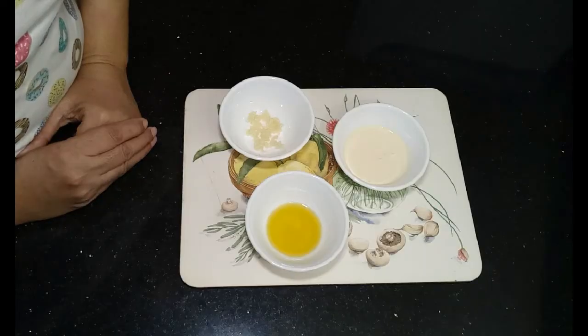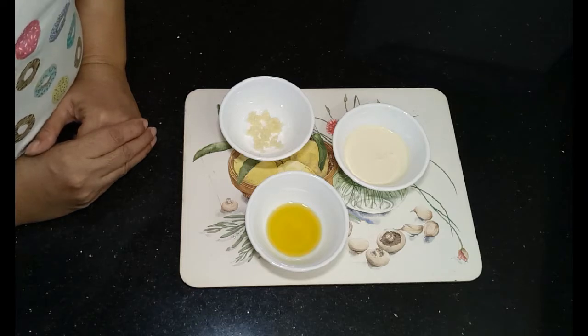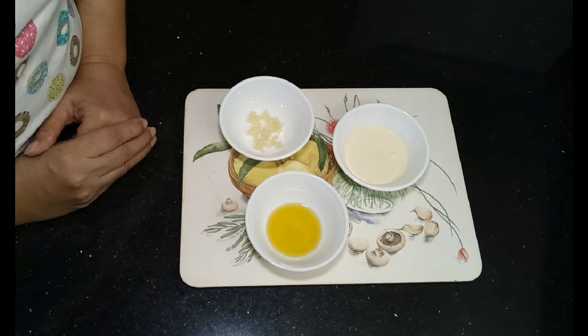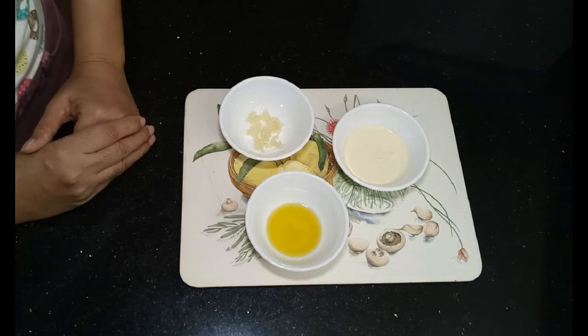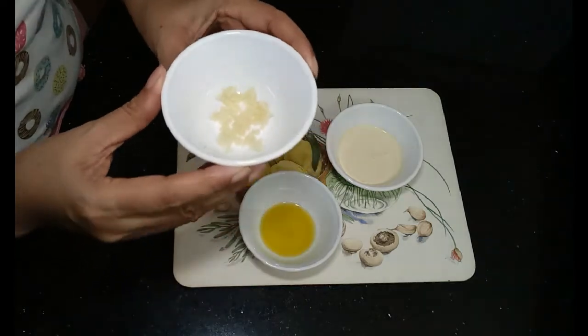This sauce recipe is just so simple and easy to make. This is ideal for chicken fillet or fish fillet, or you can even use this as a salad dressing. And for this sauce recipe, we will only need minced garlic,